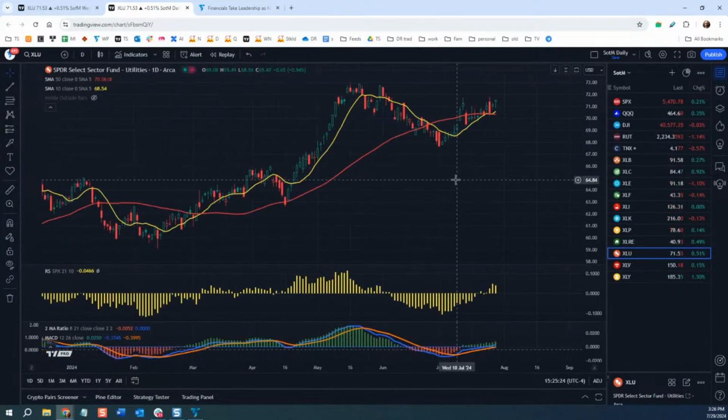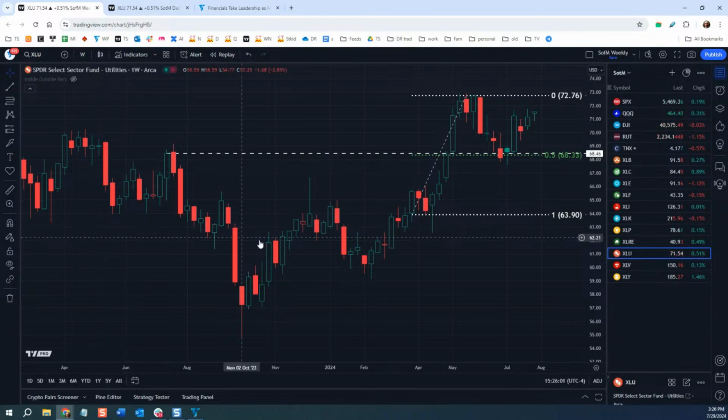Now, it doesn't move a lot, but I did want to just point that out, that this is also kind of a similar sort of thing. Not quite as much as something like real estate, but the XLU had an interesting move here, and it turned some people's heads back here when it had this rally. And I think this might be something that is quietly one of those trades that in the second half of the year, people might be like, wow, utilities are doing well. I never thought about utilities. That's sometimes what you see. And that's why we want to do this webinar, to focus just on these weekly patterns of the key ETFs and sectors. That was the XLU utilities ETF.